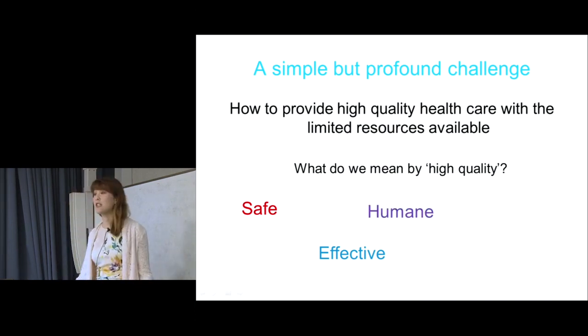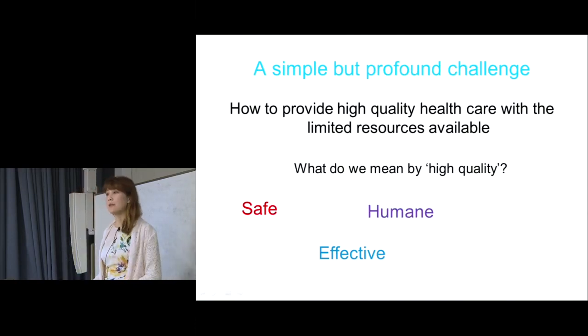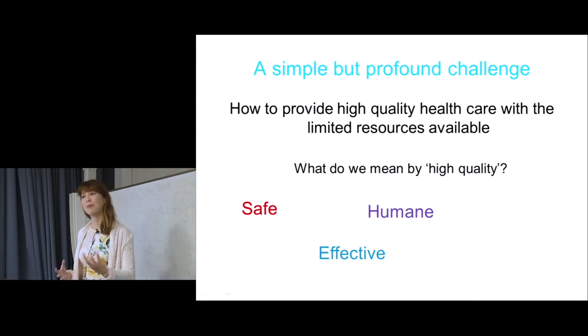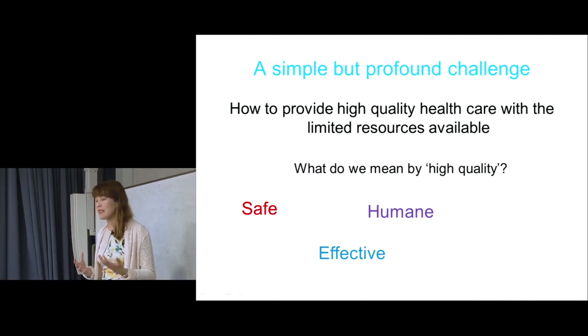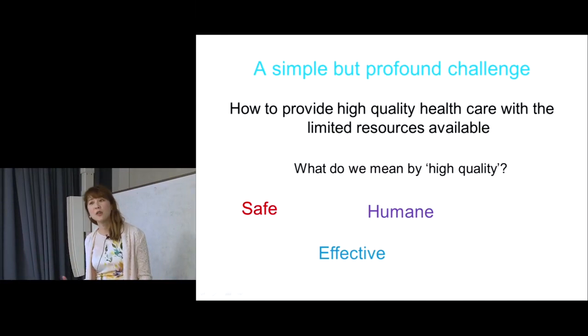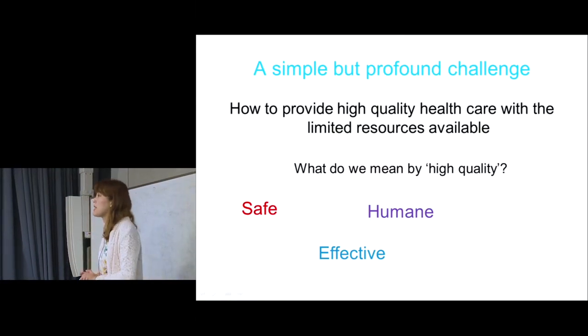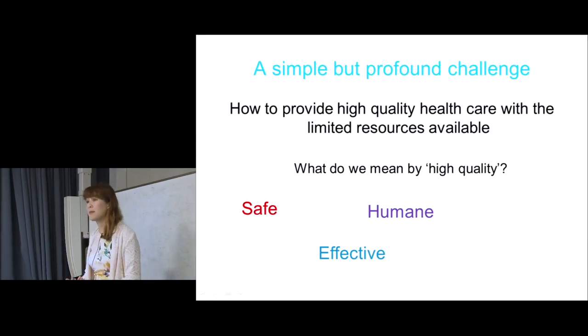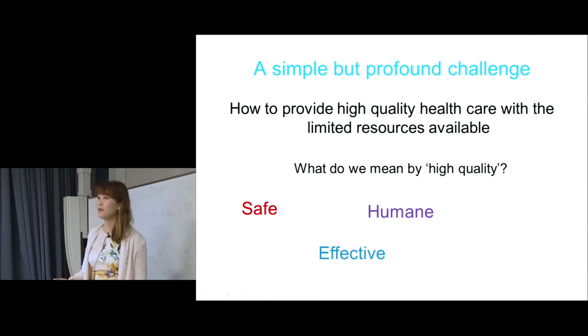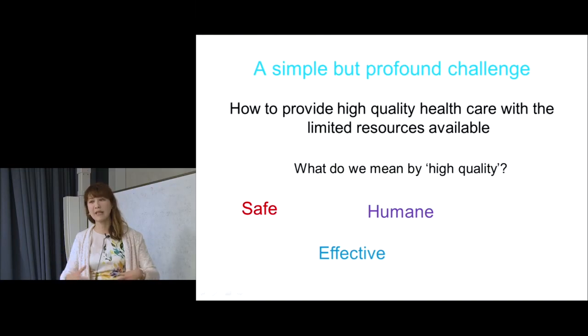And the third dimension is humanity, humane care. So what does that mean to us? Humanity is quite abstract, isn't it? It's not as automatically obvious, but it's a bit like beauty, or a little bit qualitative. But essentially, what humanity would mean is how you want to be treated. If you were the patient, how you wanted to be treated: mutual respect, dignity, those things. And in different places, it's called different things, but humanity encapsulates it all.